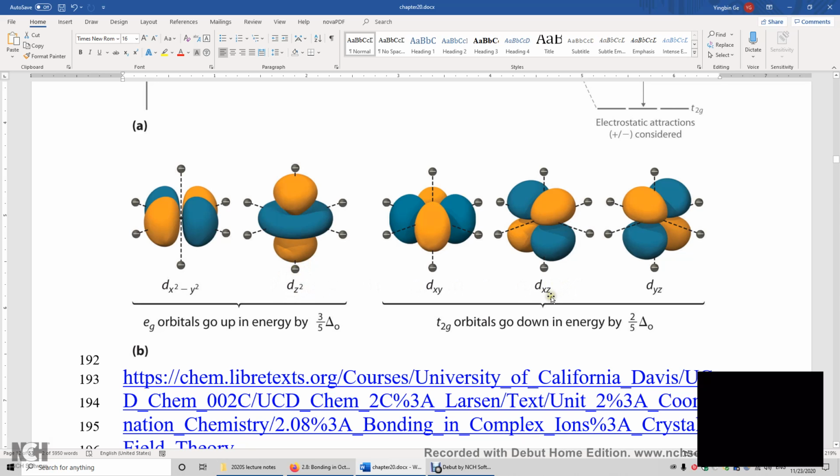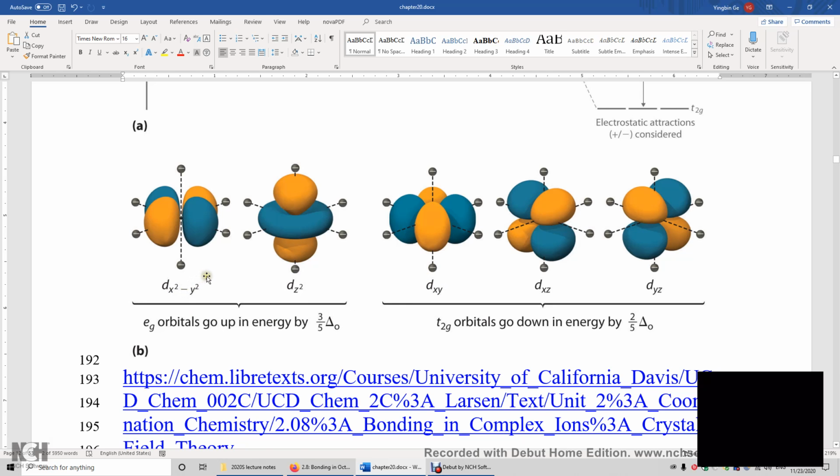We will also decrease the energies of the dxz and dyz orbitals. Well, what about the dxy and dx squared minus y squared orbitals? Well, of course, if you remove two negative charges, they will also feel less repulsion. But I want to remind you, they are really far away from these two negative charges in the first place. So removing these two negative charges has very little effect on the orbital energies of dxy and dx squared minus